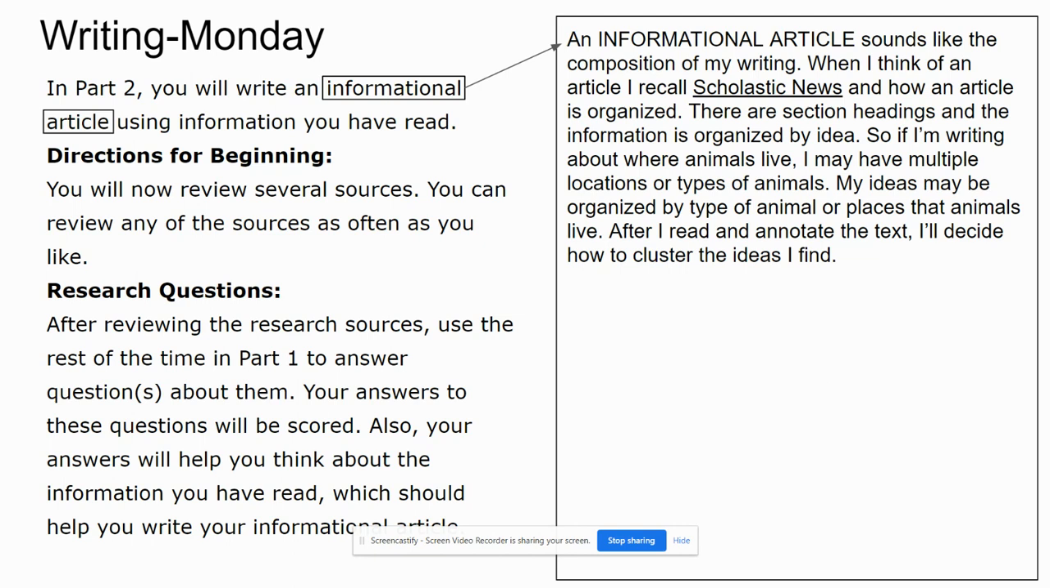All right, then on this slide, I boxed in the words informational article. So that tells me the composition. It's not a letter, it's not a paragraph, it's an article. And I think of Scholastic News when I hear the word article, and I remember the structure of an article. It's broken down with section headings. Informational writing is also where a main idea is clustered into one section at a